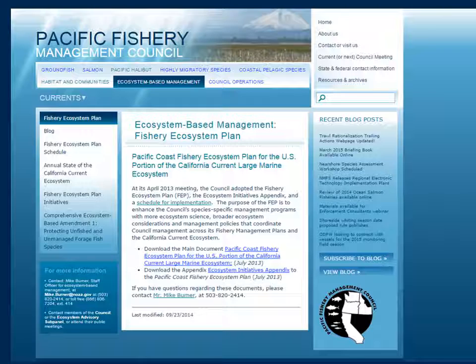You may want to open an electronic copy of the Fishery Ecosystem Plan appendix now so that you can scroll through it as I discuss each section during this presentation. The appendix is at the Council's regular ecosystem-based management website. It also appears with other March 2015 meeting materials on the Council's website,